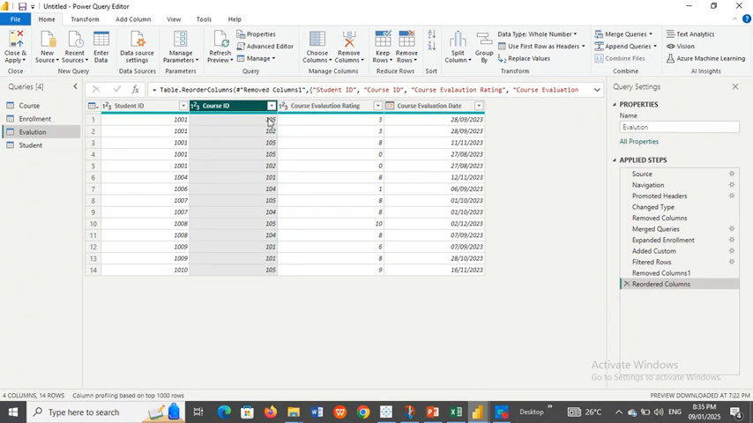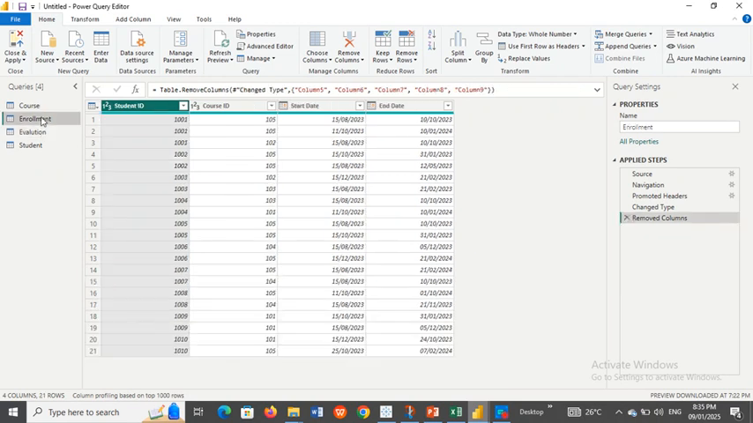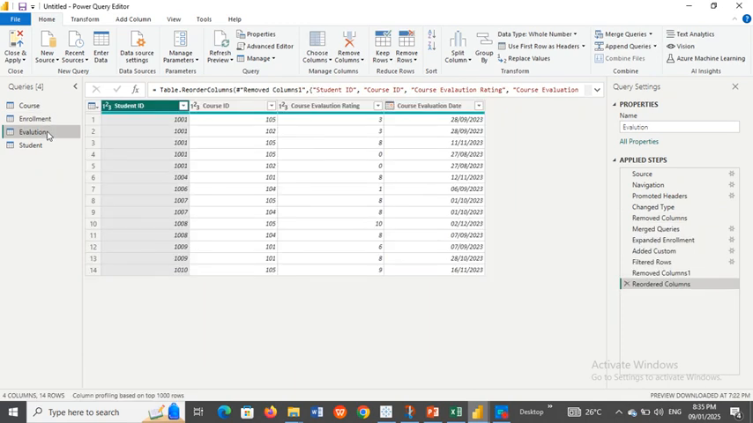Now this is the evaluation date that falls between the start date and the end date of that particular course. So we can see now we've taken the start date, the end date, and the course ID, and brought them into the evaluation date. So for each course ID we see the evaluation that falls between the start and the end date. So now we're going to click on